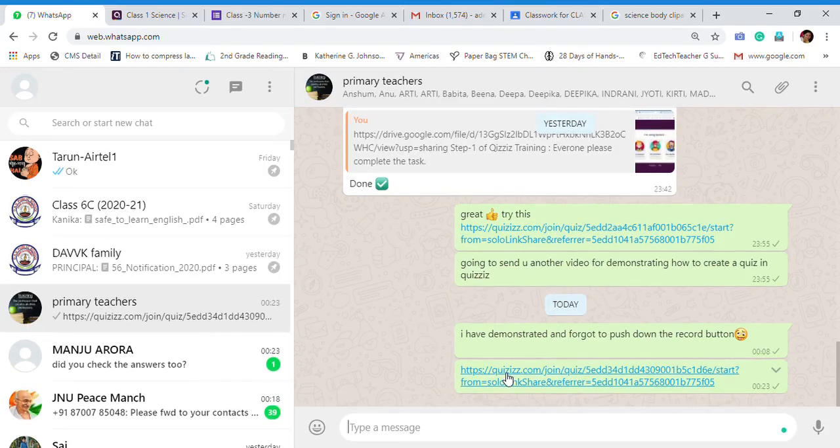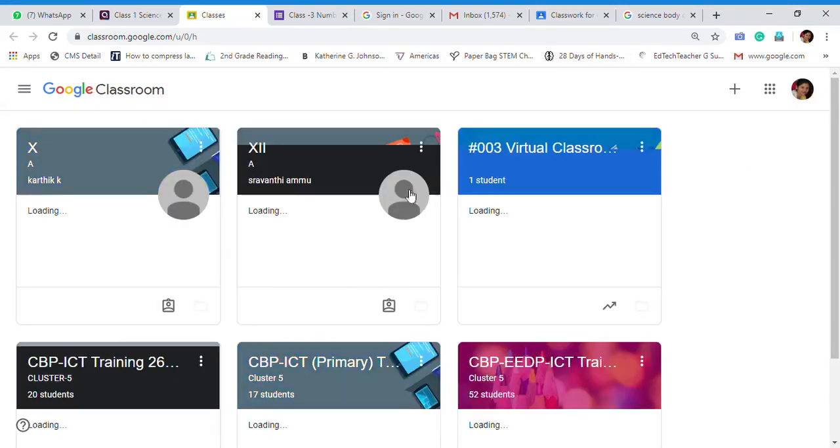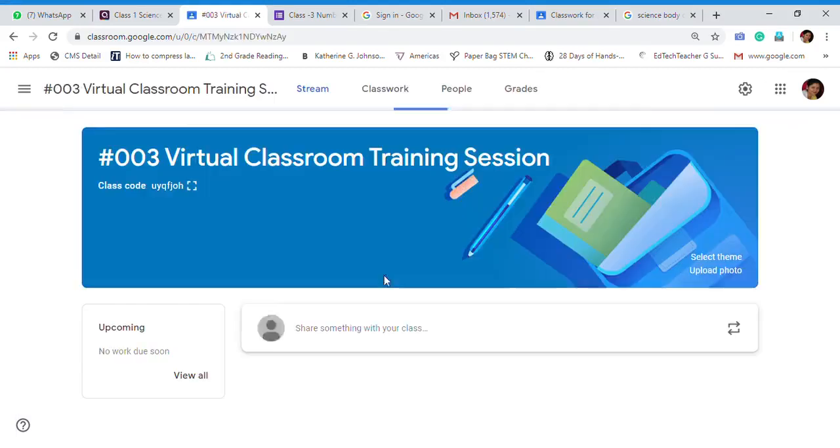This is the quiz which is posted in WhatsApp group. Now suppose you want to post it in Google Classroom, click on Google Classroom. And as you have clicked on Google Classroom, the same email ID is used to open the Google Classroom. And with this, I'm using my virtual classroom just for demonstration.